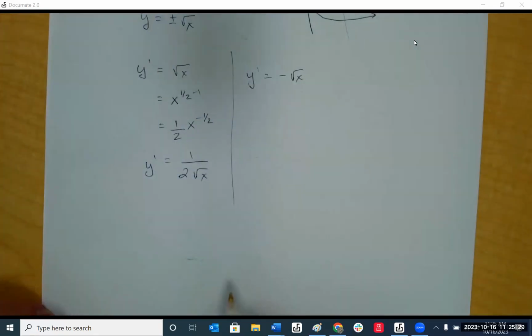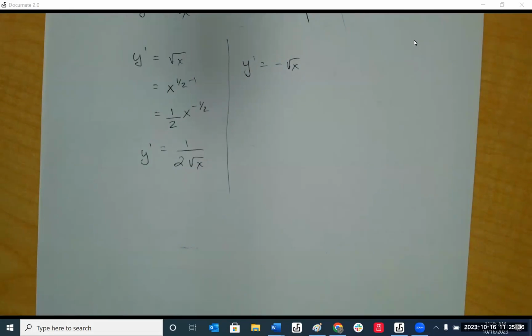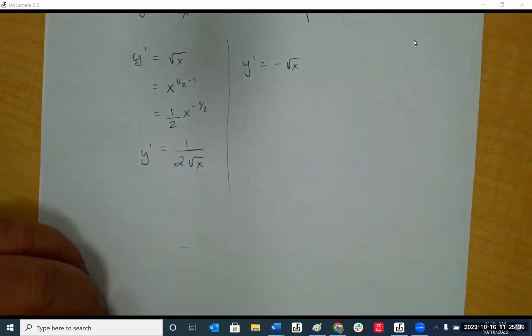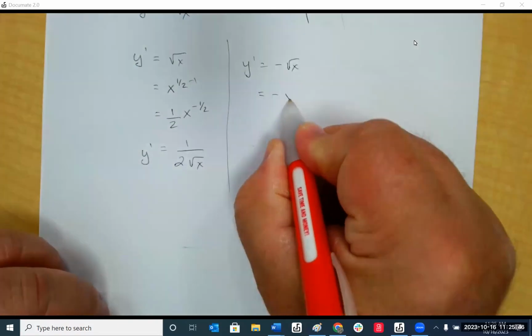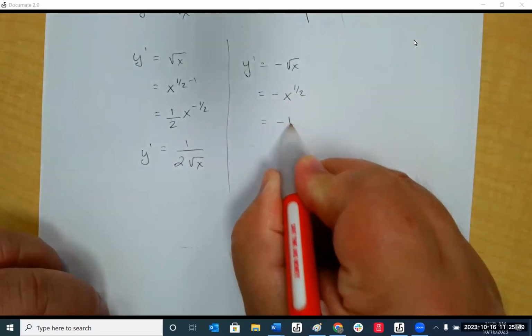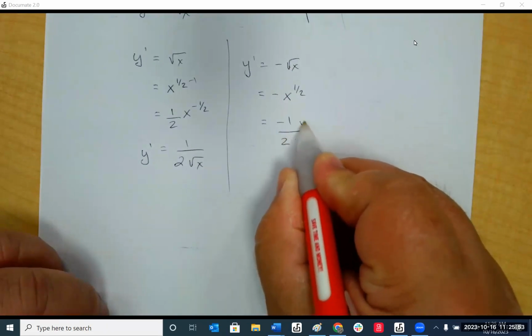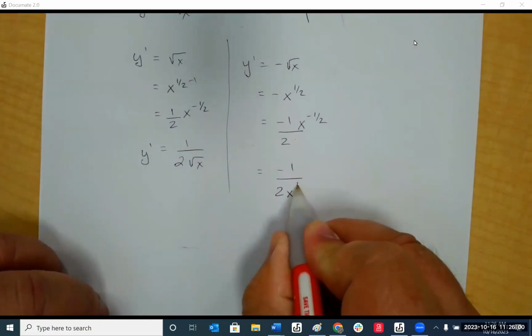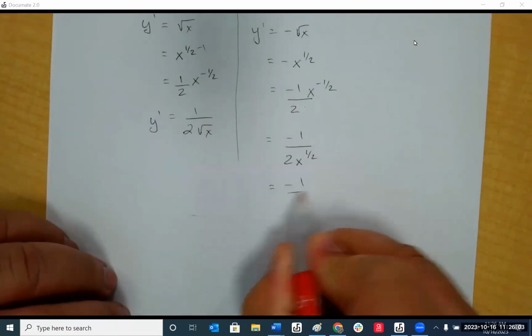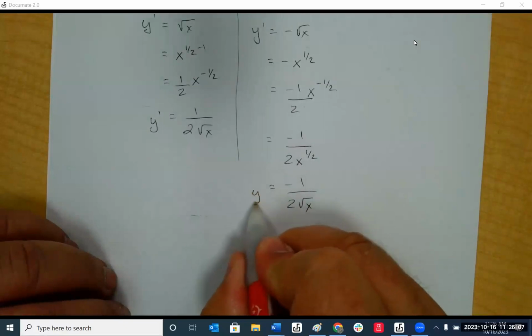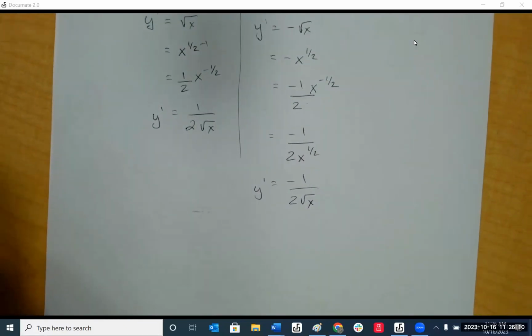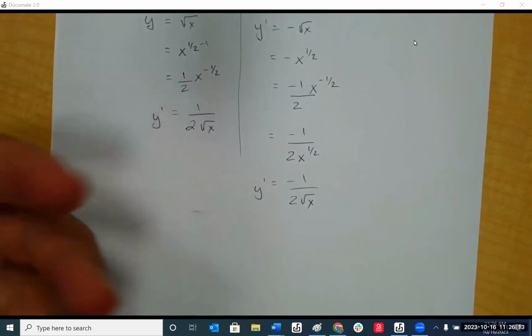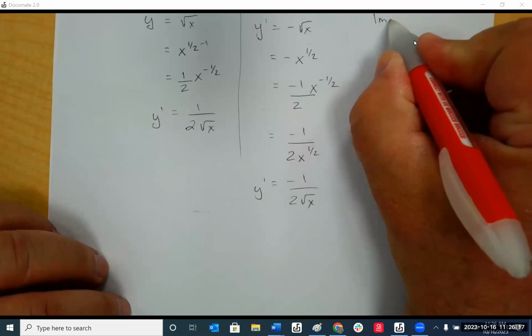And do the other side, the negative square root of x. But that's a lot of work. So now, in implicit differentiation,